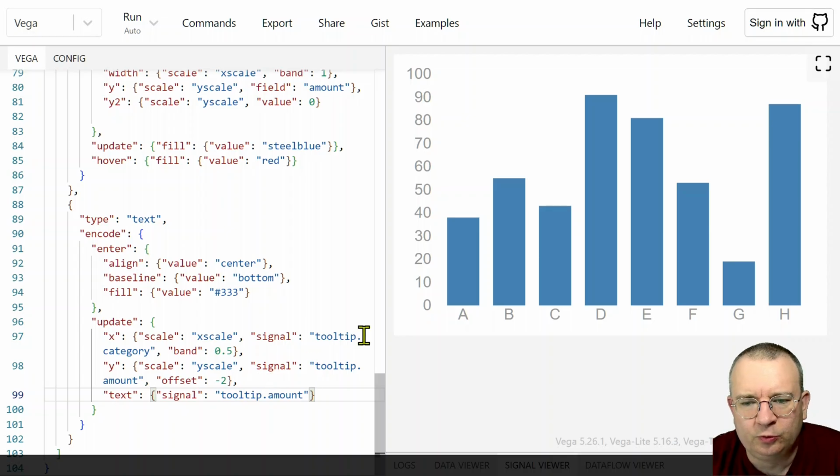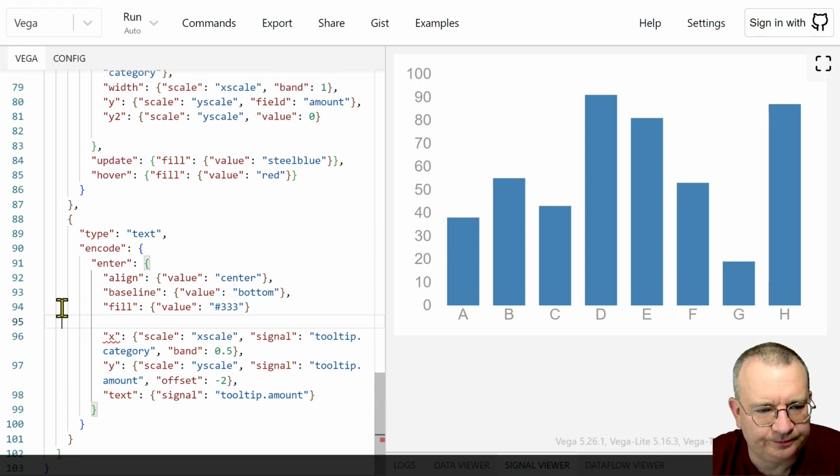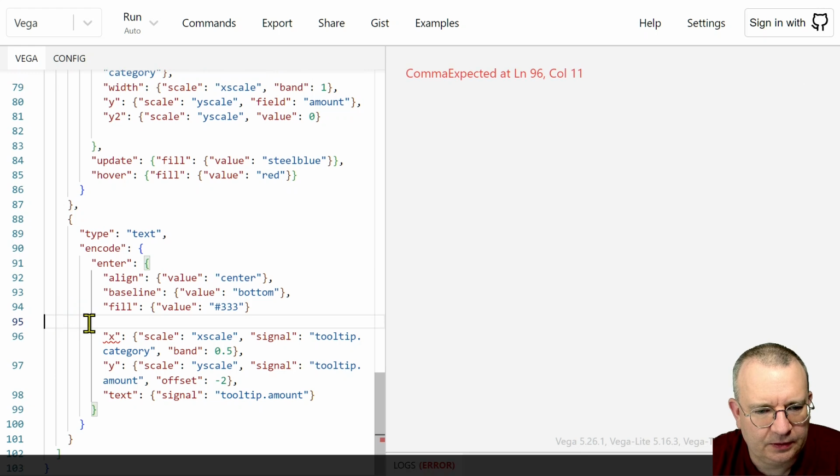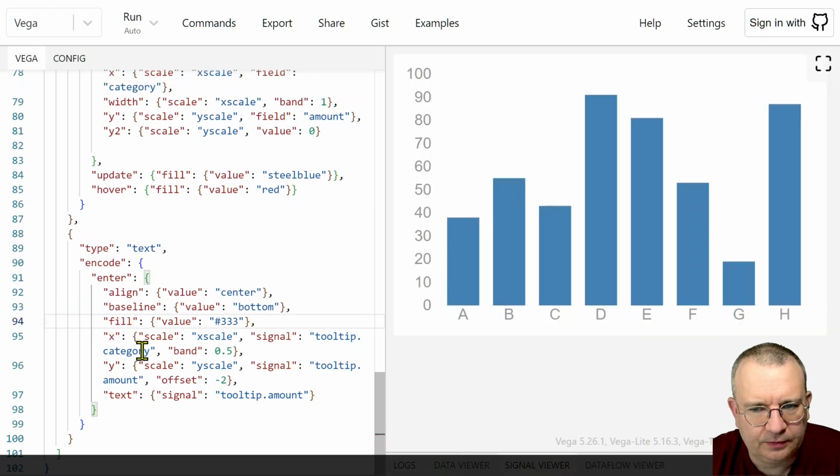If you want to make the labels always visible, you can update this code a little bit. For example, you won't need this update section. You can merge it with enter. Then X position of the text will be defined by